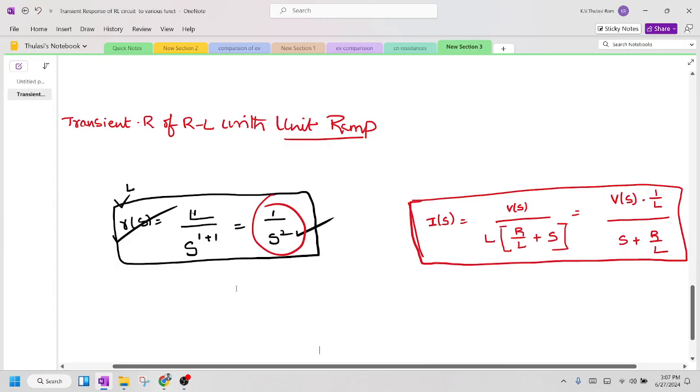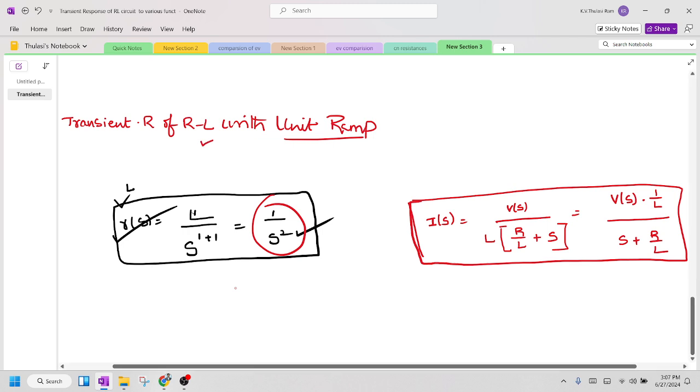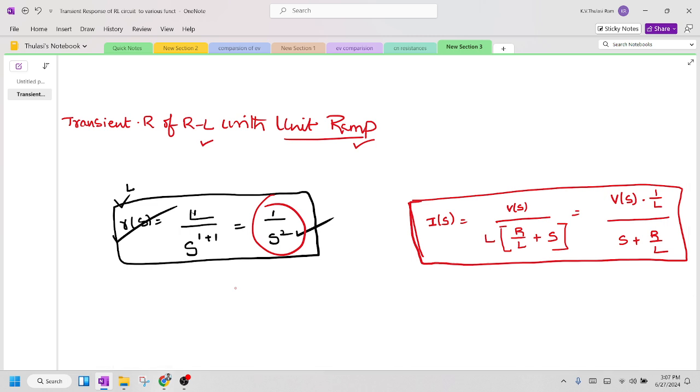Hi, good evening, everyone. So, up to now, we have been seeing the transient response of an RL circuit with a unit step function. Let's try to do the same derivation with a unit ramp function. Already, we know that the standard ramp function is defined as R(s) = 1/s²,